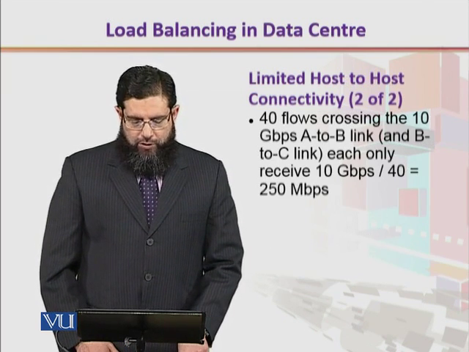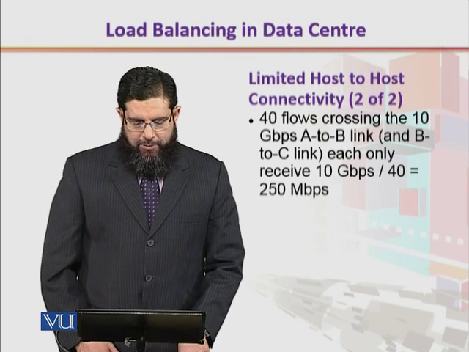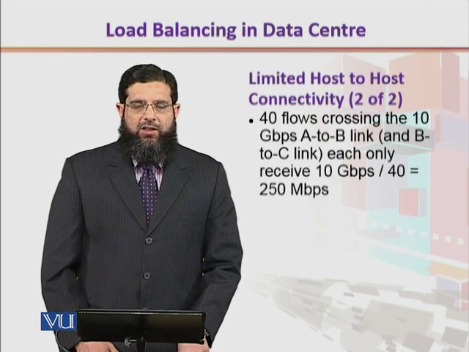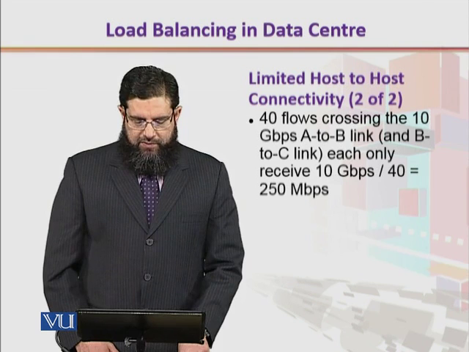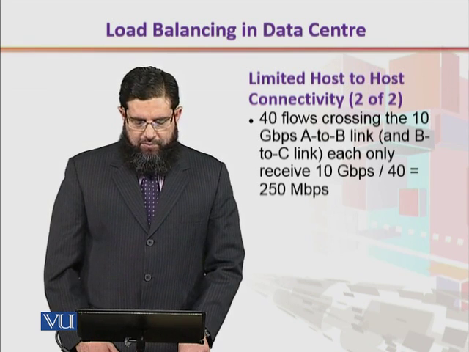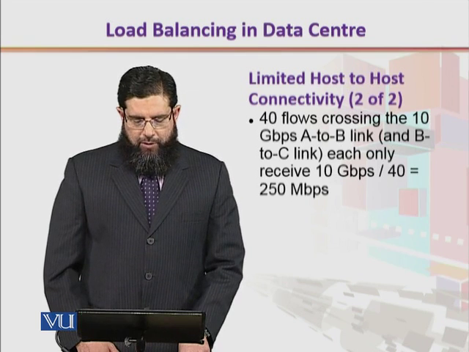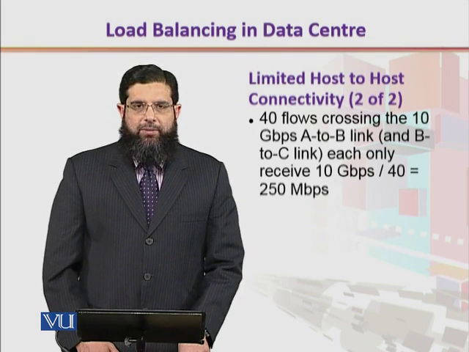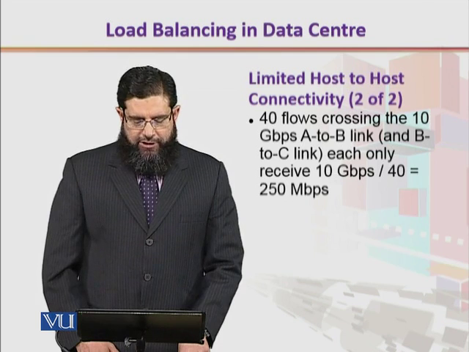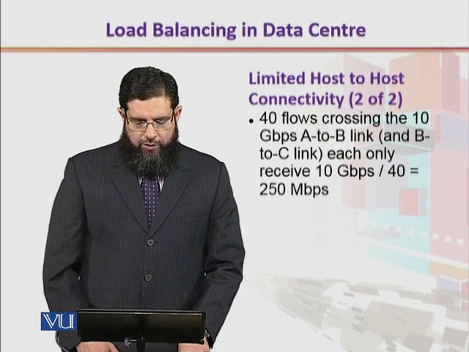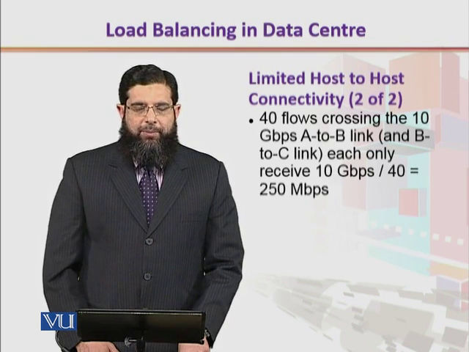When we have 40 flows over 10 gigabits per second links, that is, for instance, the A to B link and B to C link, each link offers only 10 gigabits per second, but we have a requirement of 40 gigabits per second. So essentially, each of these flows is going to have 250 megabits per second